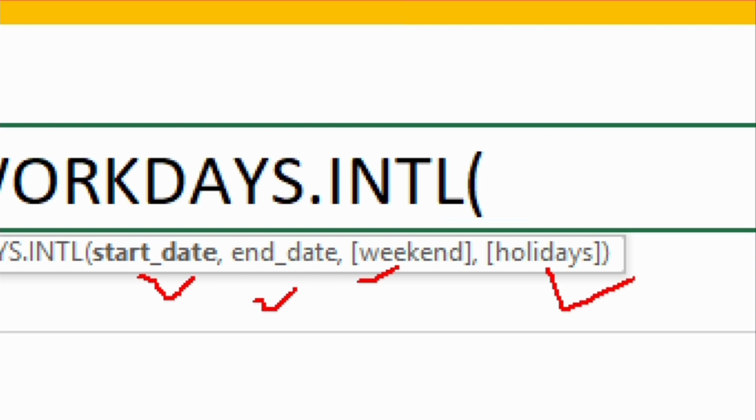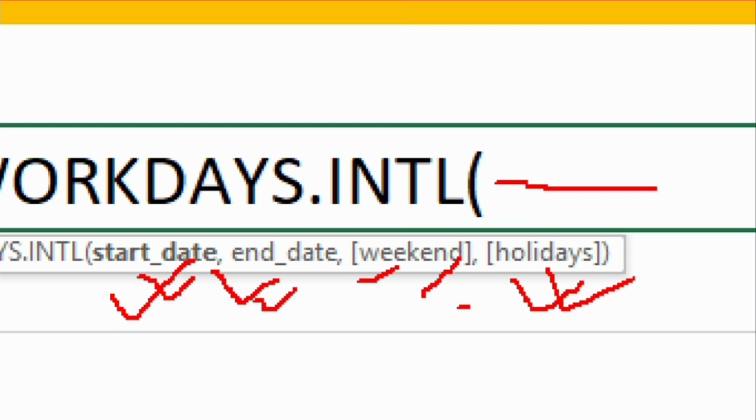This is just like providing cheats below the bench to the student, and looking at those cheats to write down your answers. These are the below-the-bench cheats provided to the user to put down your data using the arguments. So this is how simple and easy it is when you develop any kind of function in Excel.